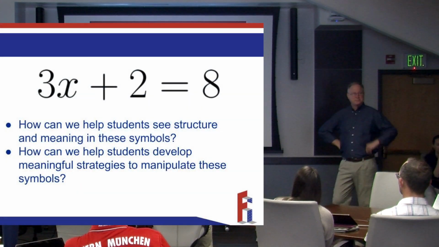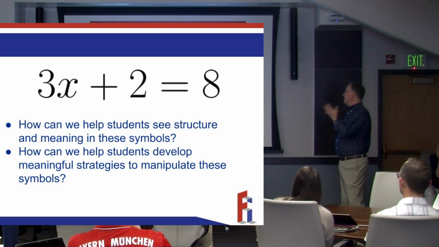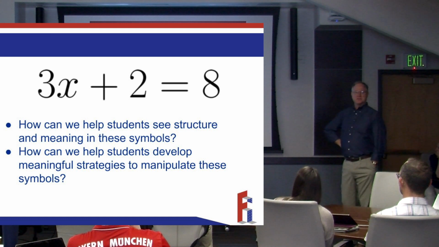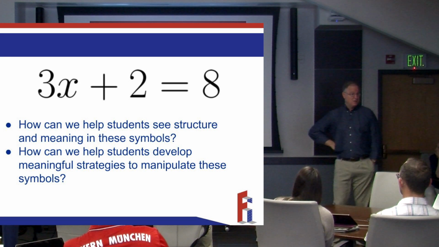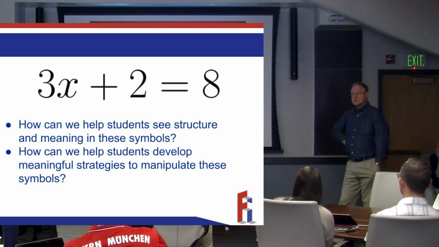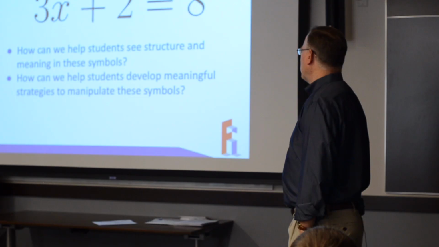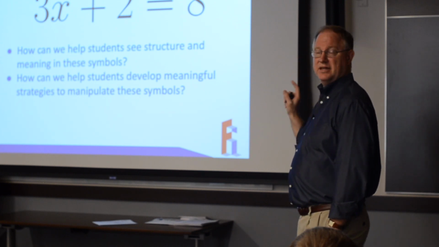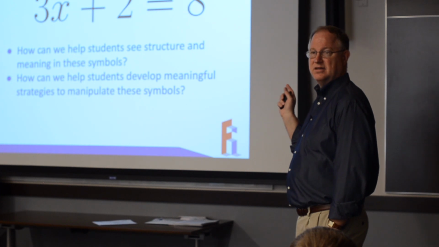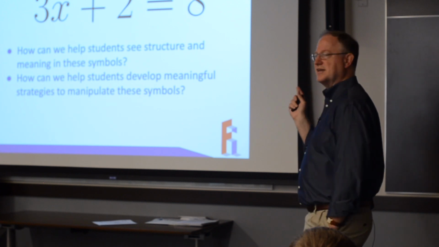But let's jump here. This is our tip of the iceberg type of goal, and this is going to motivate our look at a particular simulation today. One question is, this is just like a two-step equation, right? In terms of solving an equation like this, and all of its various permutations with different coefficients and constants, two things to think about are: what's the structure and meaning in these symbols? What are some things you should see rather than it's just an equation? And then what are some meaningful strategies that could be used?